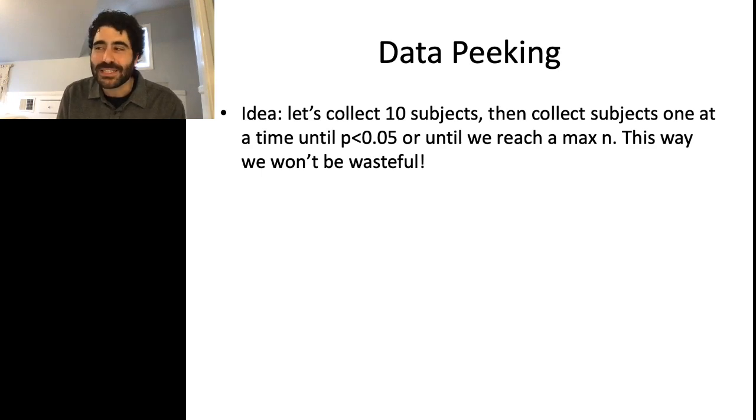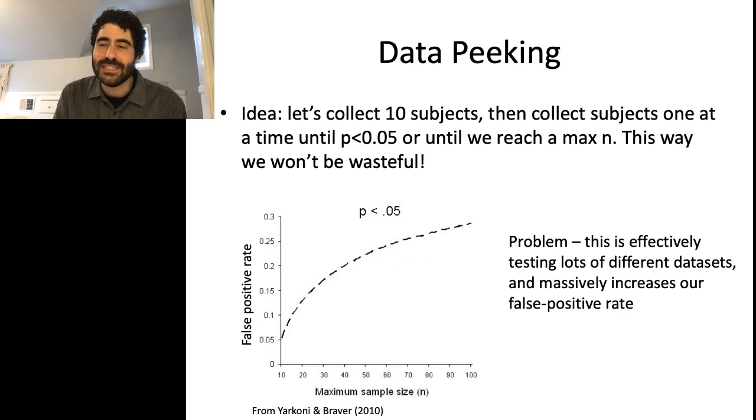And in practice, this often is how experiments end up getting run: you run some people and if things look unclear, maybe we run some more people, right? The problem is that this is actually bad. This is doing a kind of file drawer or multiple hypothesis thing where we're basically doing lots of hypothesis tests, right? So what the plot here is showing is